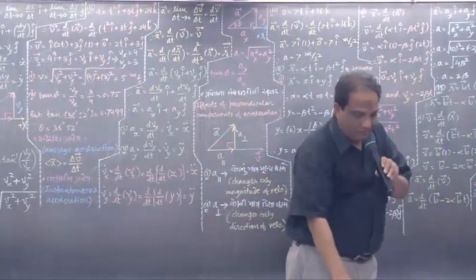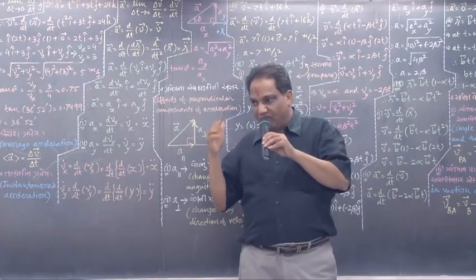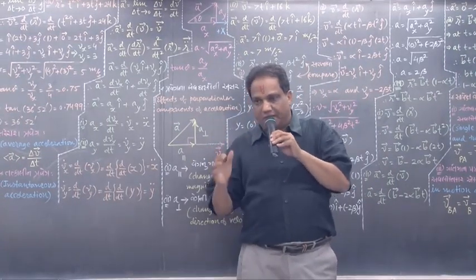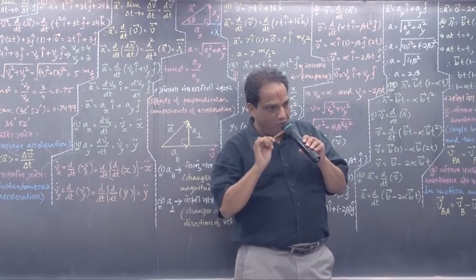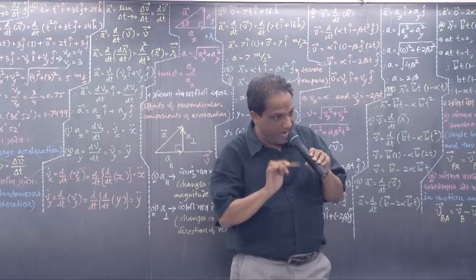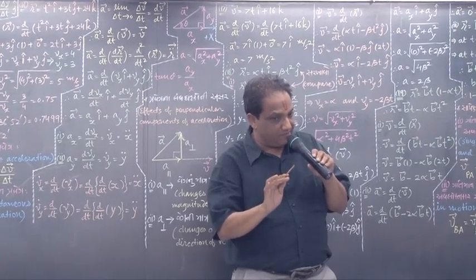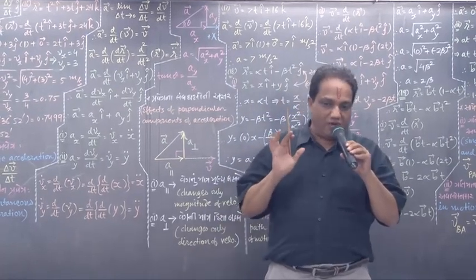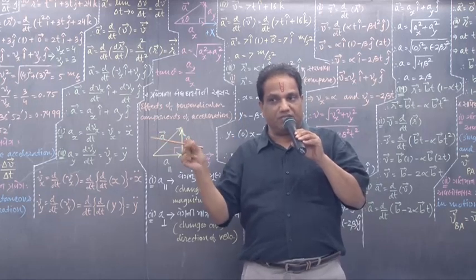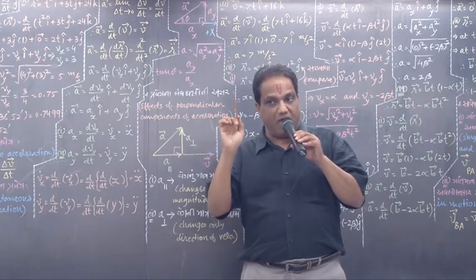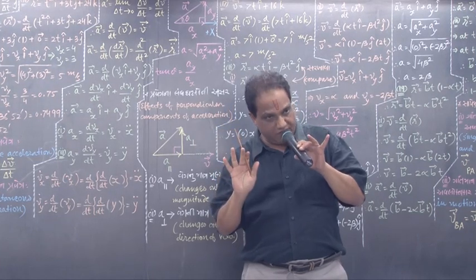So simple. What is called average speed? We had seen earlier. Let us recall. Distance traveled by a body per unit time is called its average speed. If you want to write the formula, then average speed is equal to distance traveled, which is also known as path length, upon time taken. Simple.